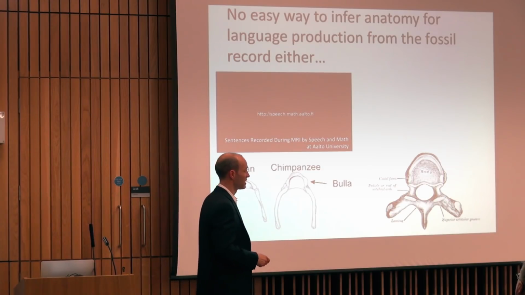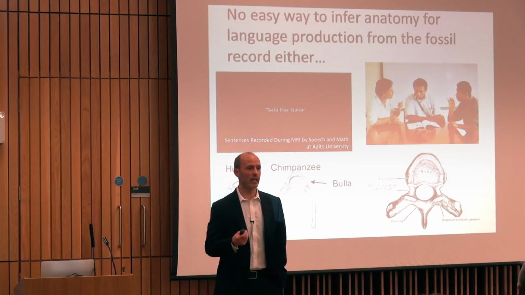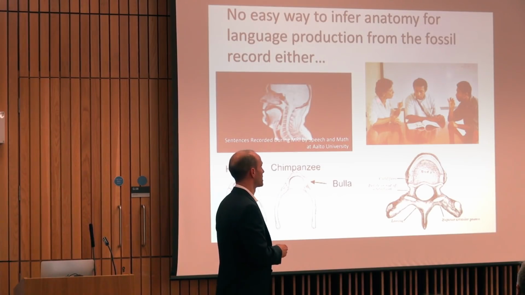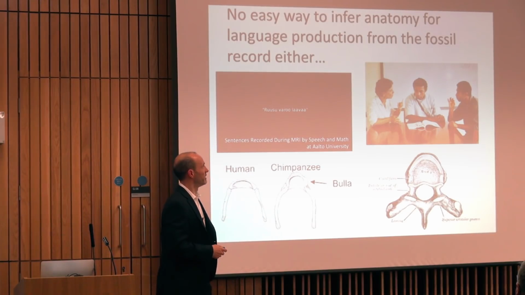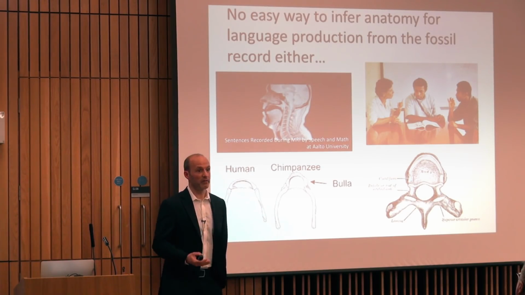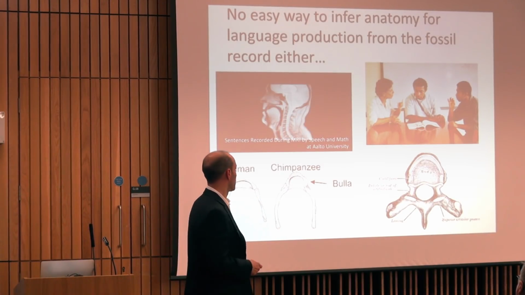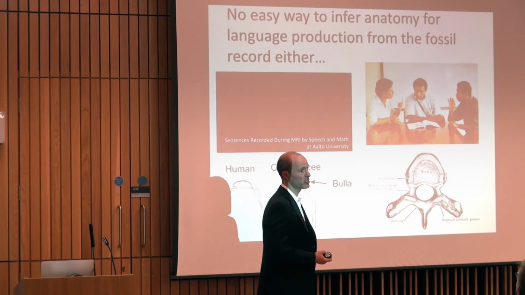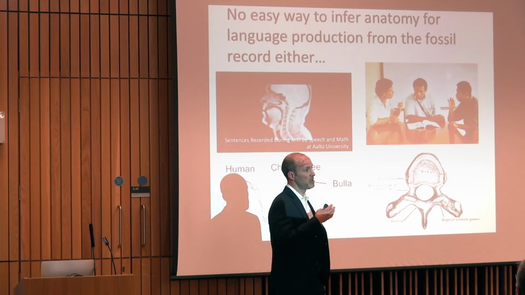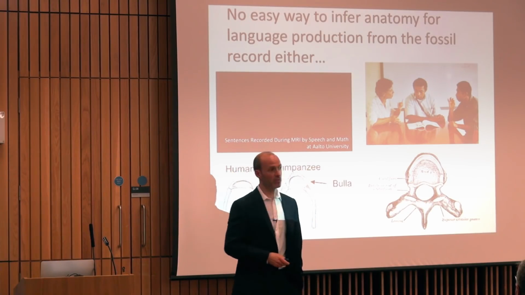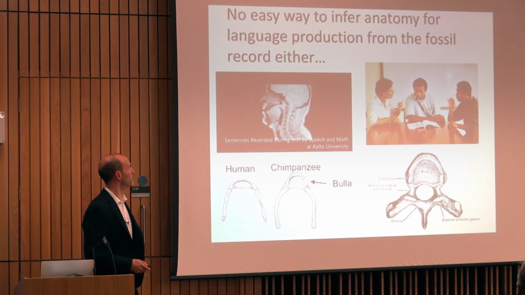But even if that's the case, and I think it's contentious, that's not going to tell us when language evolved, because not all languages are spoken. So these people are using American Sign Language. That's one of many sign languages that exist in the present day, and these are full human languages. They provide the same open-ended communicative potential as spoken languages. So even if we could track down the evolution of speech in the historical record, that wouldn't necessarily tell us about when language evolved. For instance, if the first languages were signed rather than spoken. So that seems like that's not necessarily the way to go at the moment.